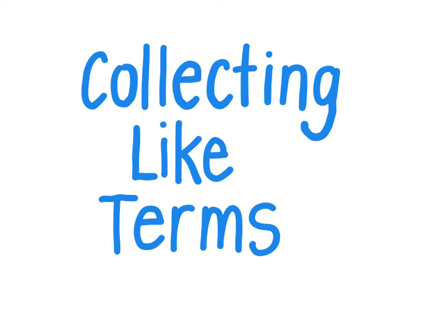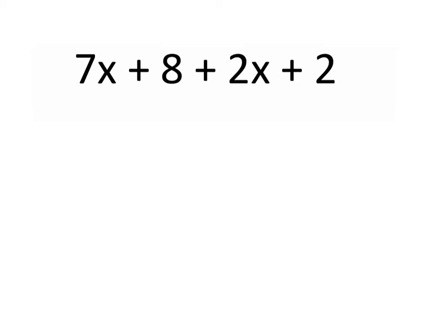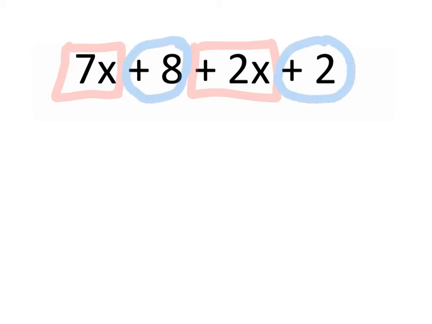Hi everyone, today we're going to review how to collect like terms. Collecting like terms is like trying to find an inventory of each type of term. In this case, we're going to have to put the 7x's together with the 2x's because those are like terms. We will also have to put the 8, or the positive 8, and the positive 2 together because they are